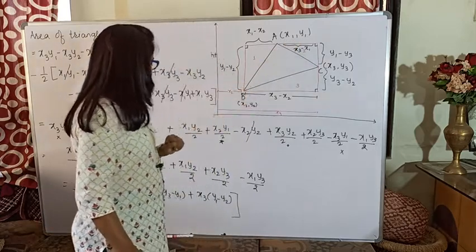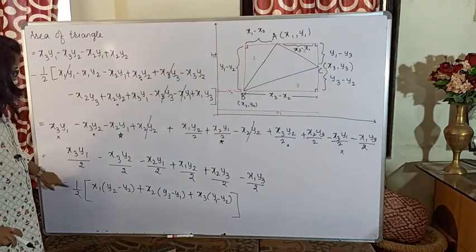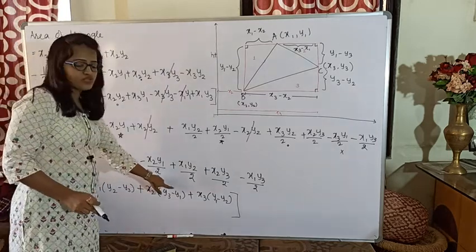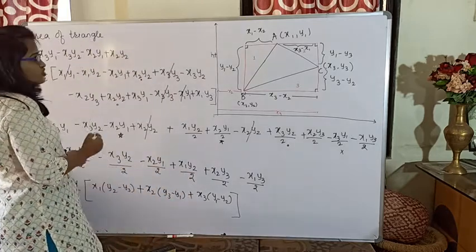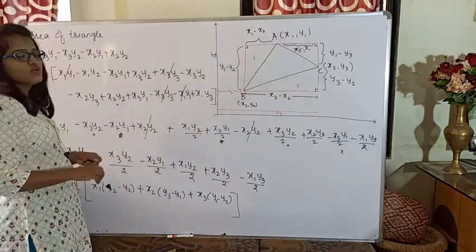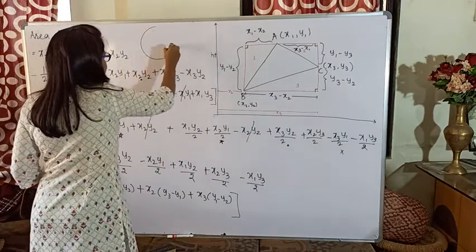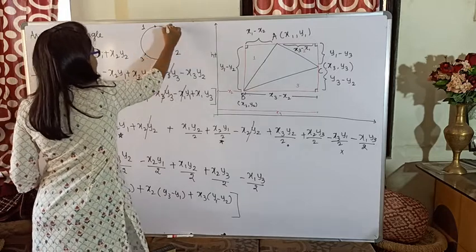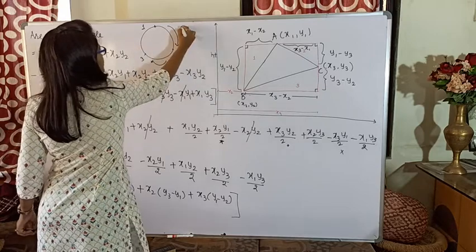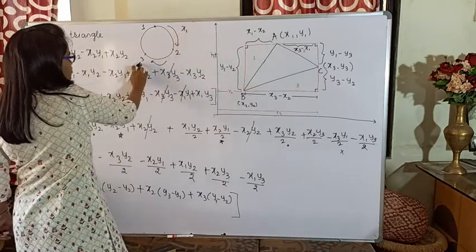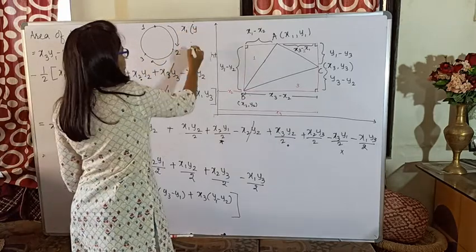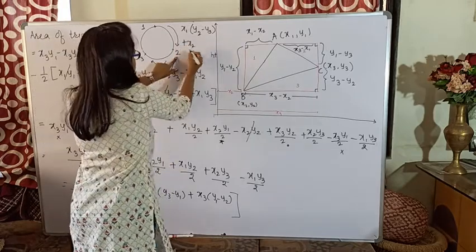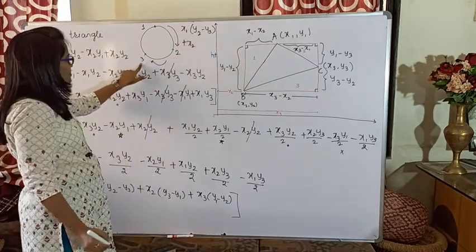which consists of only the coordinates x1, x2, x3, y1, y2, y3. So now let us see how we can remember this formula. See, what is the formula saying? x1 in bracket y2 minus y3, x2 in bracket y3 minus y1, and x3 in bracket y1 minus y2. So the first terms are coordinates of x, and in the brackets they are coordinates of y. But in what order are we taking? Always take in the order 1, 2, 3, that too clockwise. Okay, so if I am considering x1, the next will be 2 minus 3, but which coordinates? The y coordinates, so it will be y2 minus y3, plus, now I am considering the second coordinate x2. Now which two coordinates have to be subtracted? y3 minus y1.